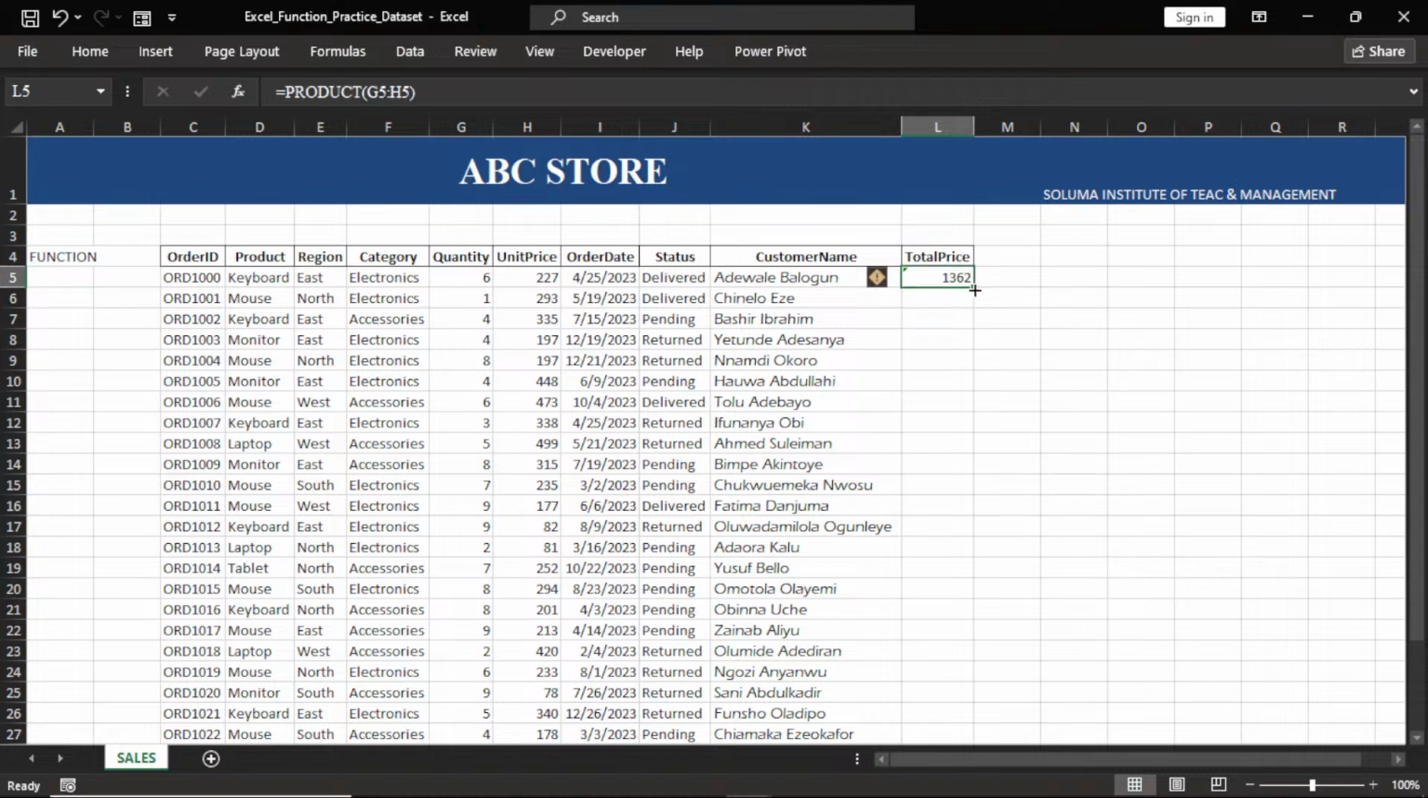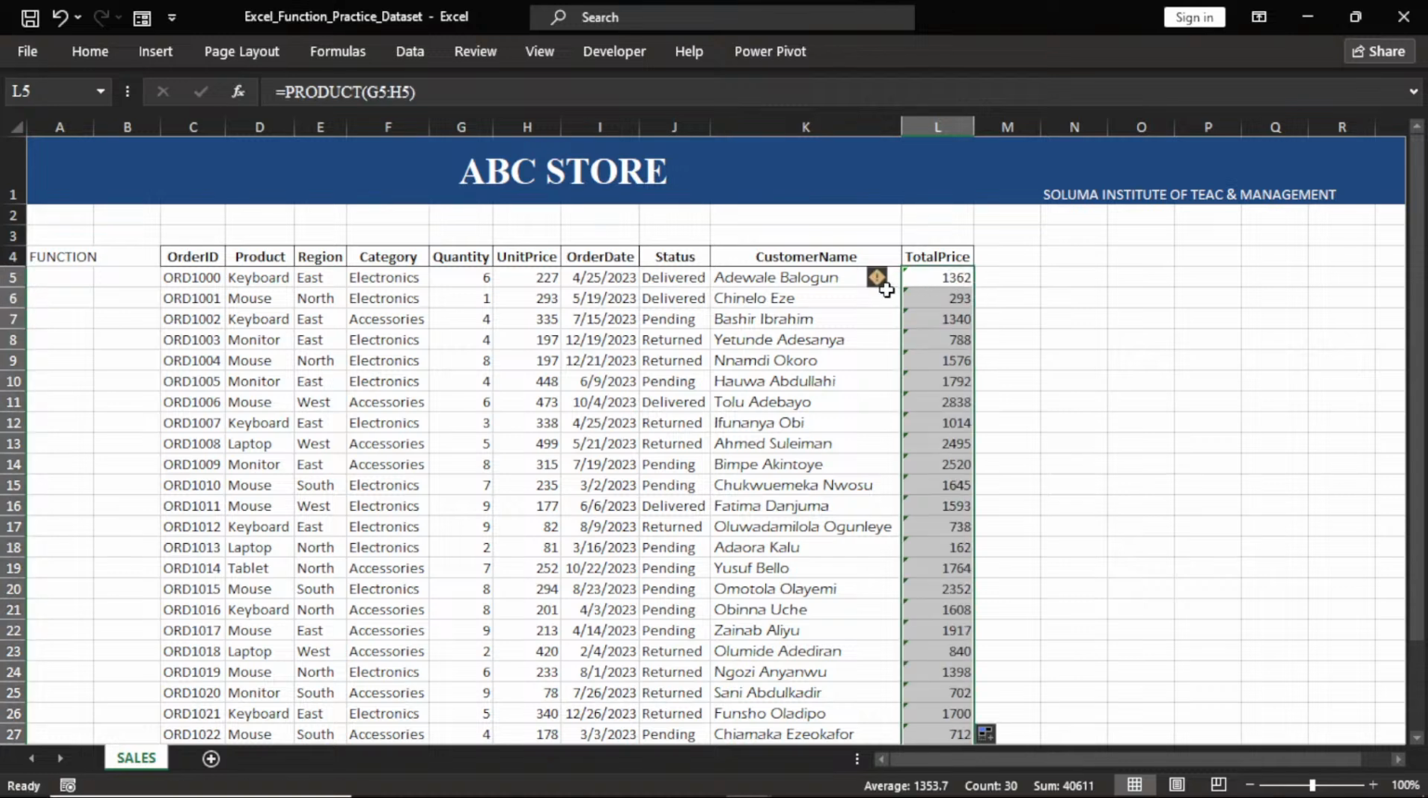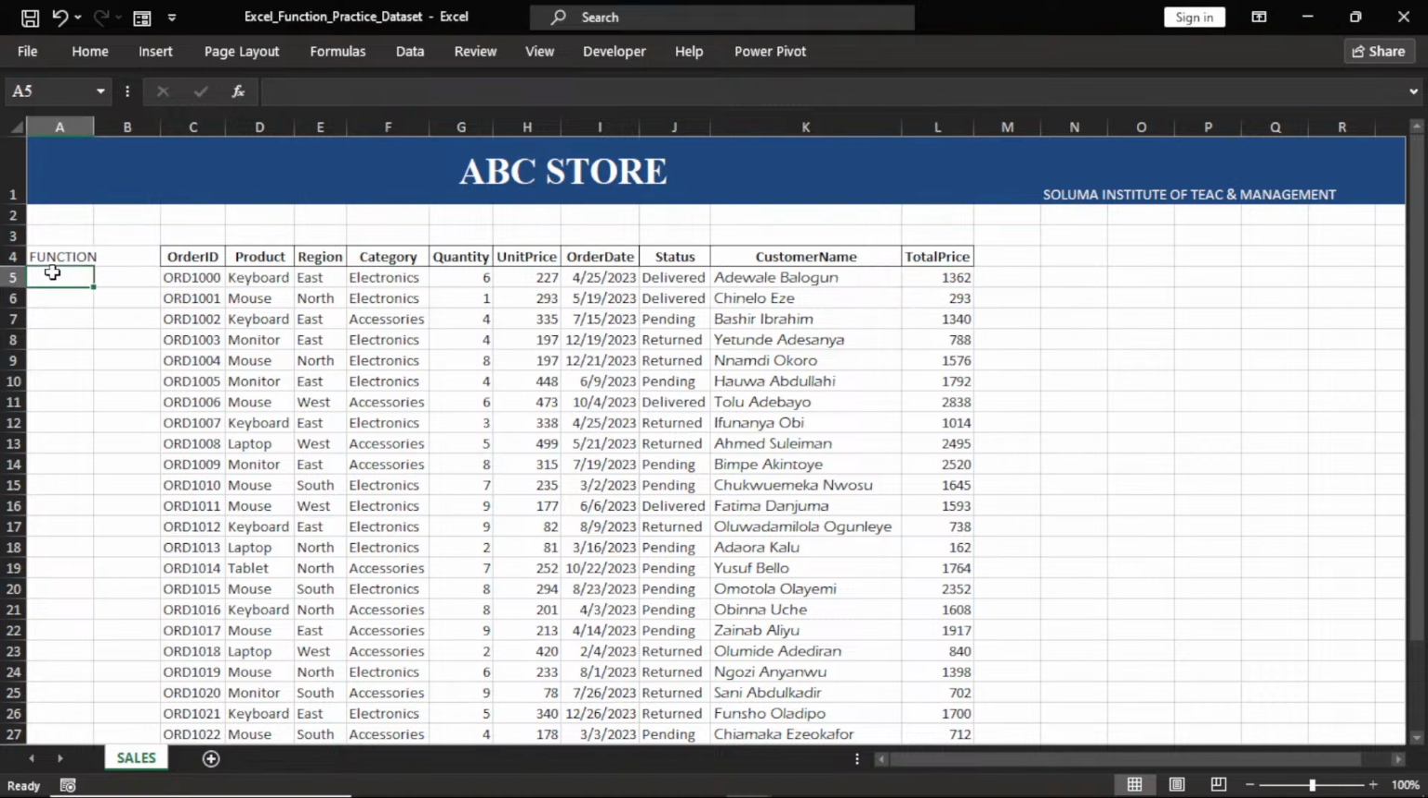Then we drop down. All right, having gotten this, it becomes our total price. This becomes our total price, or total sales, or total amount sold, whatever it is called in your organization. Now, the first function tonight, the product function, is also a basic function that you can use